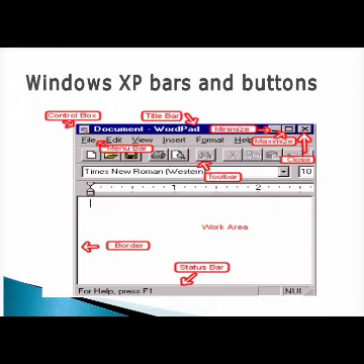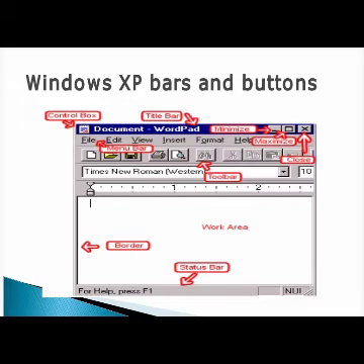Next are the Windows XP bars and buttons. Students, can you see this window clearly? First, can you find the title bar? You know what the taskbar is, the bottom blue line. Whenever you open any application, for example Paint or a game or WordPad or a Word document, the bar at the top with the name of that software, that blue bar at the top, is called the title bar. Below the title bar is the menu bar: File, Edit, View, Insert, Format.